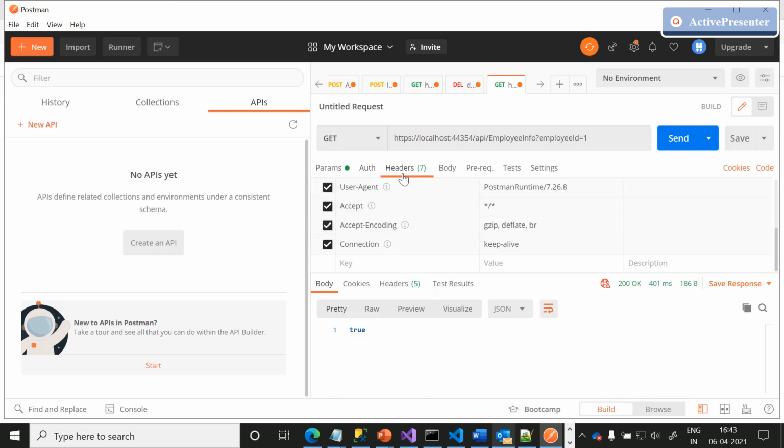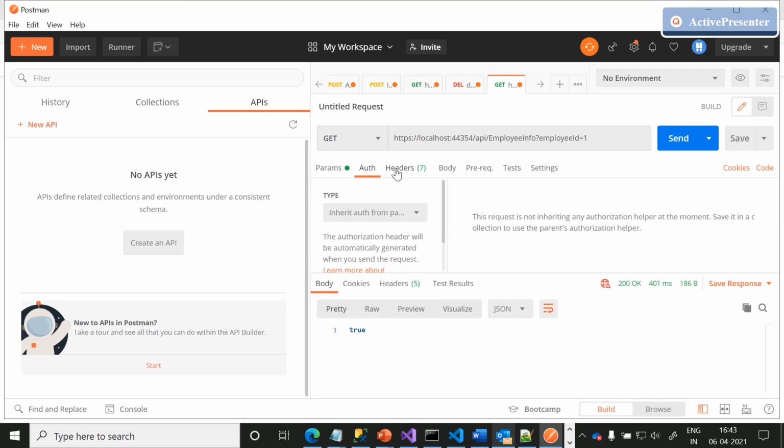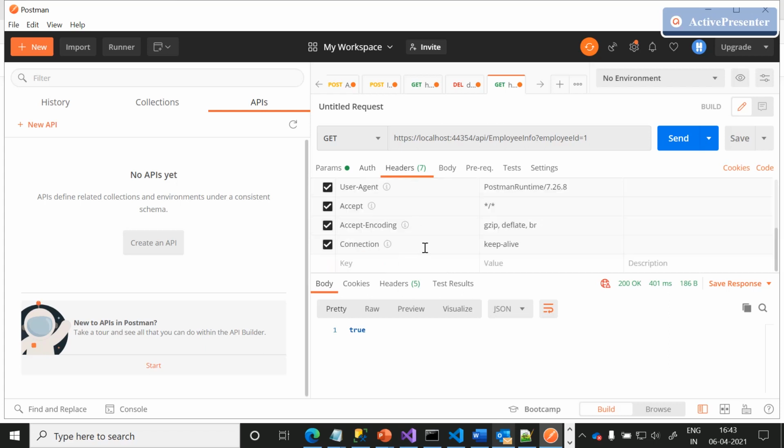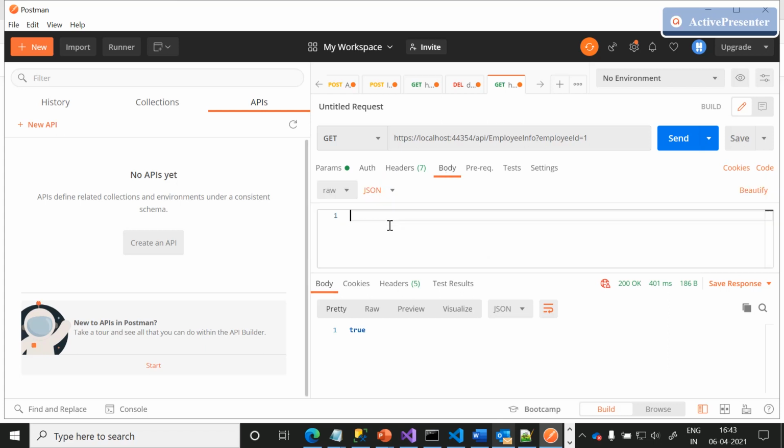Once you are done with this authentication, the bearer token will automatically be attached to our headers. The body section helps us pass raw information in formats such as text, JavaScript, JSON, HTML, or XML. The most preferred and used format is JSON. These are the few tabs we need to get familiar with.